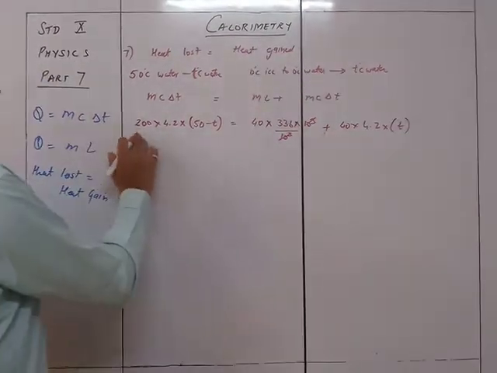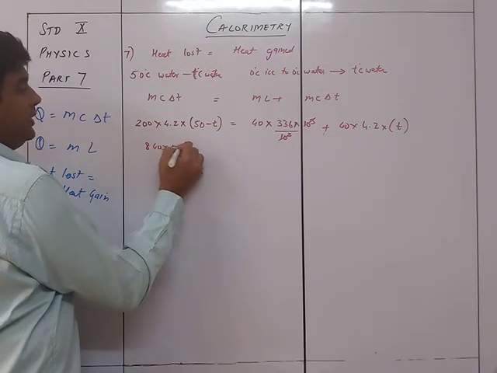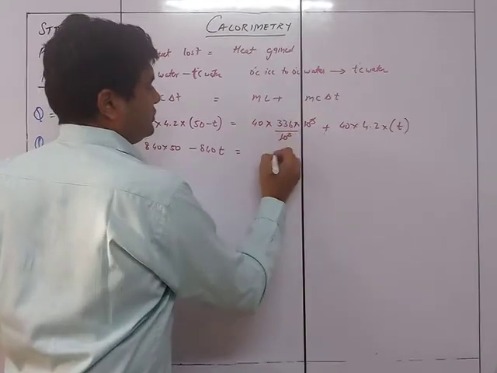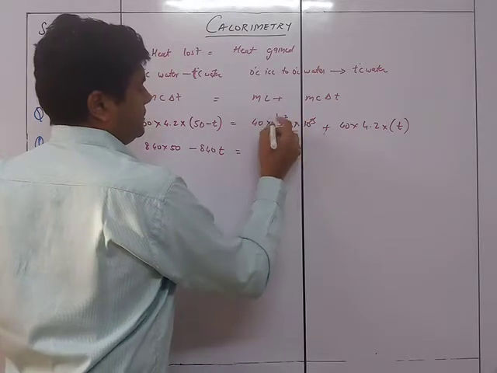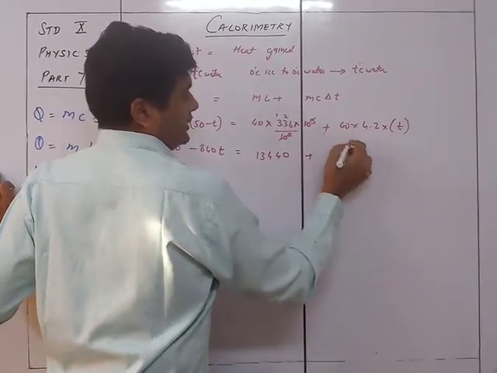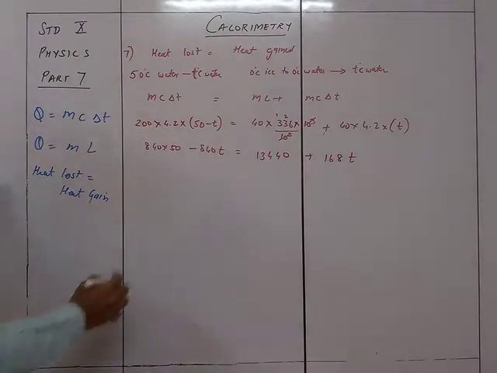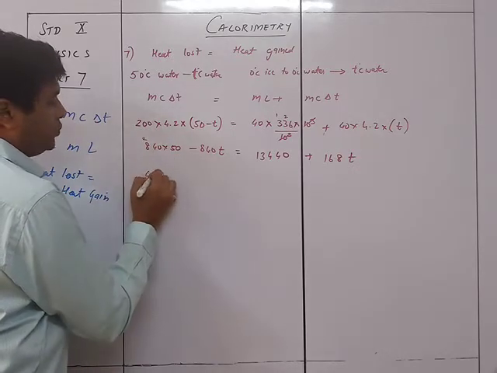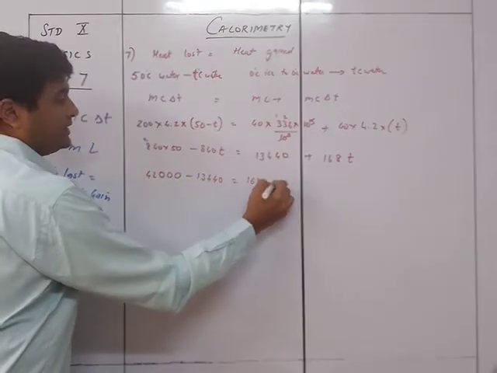Okay, so here you see it is 840 into 50, so 840 into 50 minus 840 T is equal to, this is going to be 6 4s are 20 plus 6 4s are 24, 6 4 12, 13, 14 and say 12, 13, so 13400 plus this will be 40 jayega 40 okay, 4 2s are 8 and 4s are 16, 168 T. So this is nothing but 5 4s are 20 and 5 it's of 40 42, so 42000 minus 13440 is equal to 168T plus 840T.